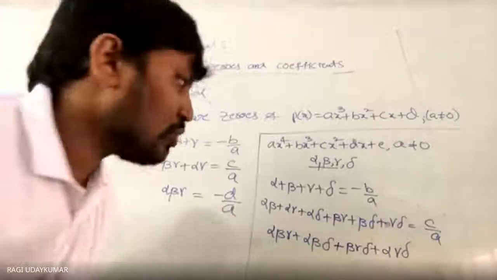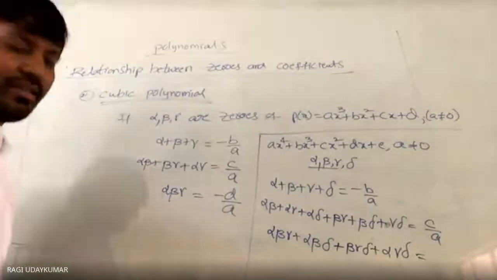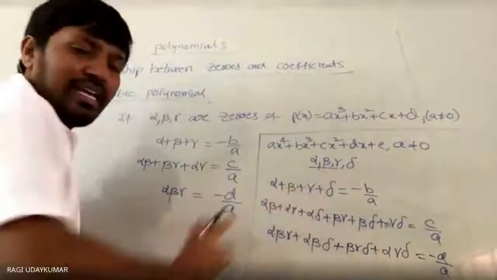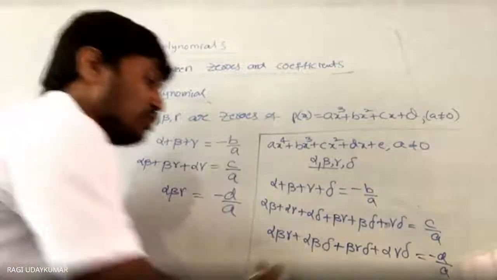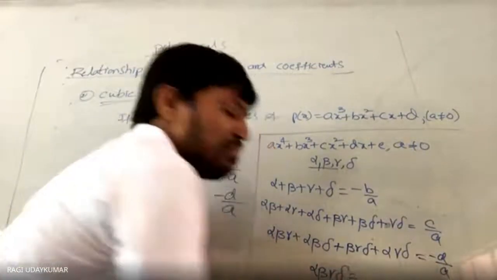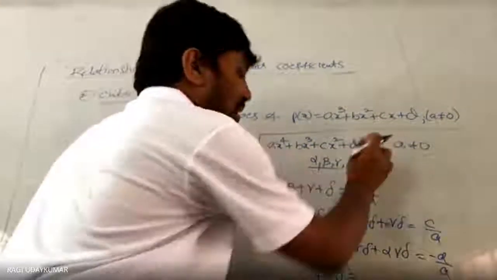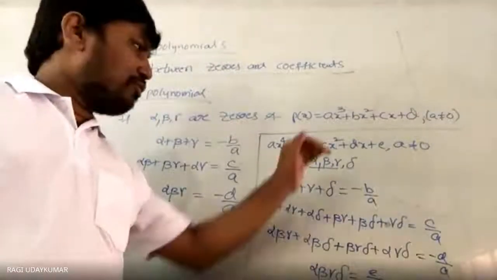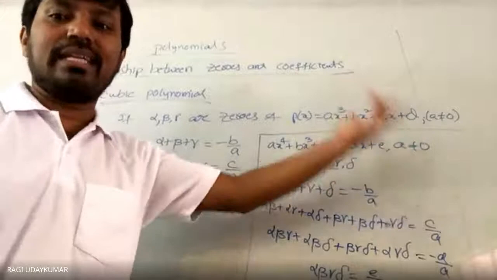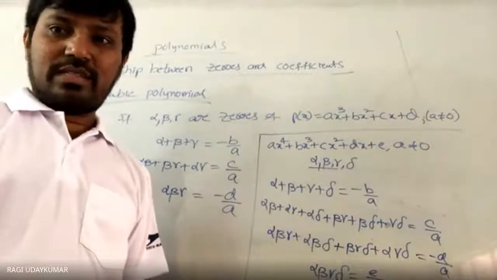Not understanding? Only these 4 will come? Yes, sir. These 4 only. Still extra we will not get. So this is equal to what, do you know? Can anyone tell? Minus d by a. Now 3 is done, the combination of 3 is done, and the combination of 4: if you take 4, it will come only once. So that means alpha, beta, gamma, delta multiplied together will be equal to e by a. Like this, any polynomial, this is 4th degree, you can make 5th degree, 6th degree too. Understood?